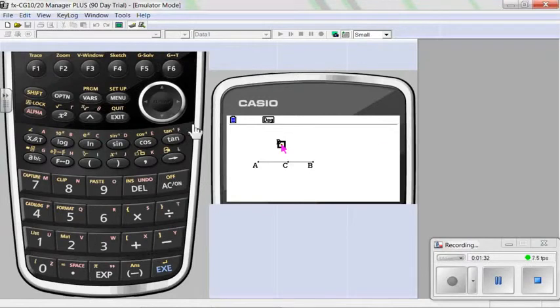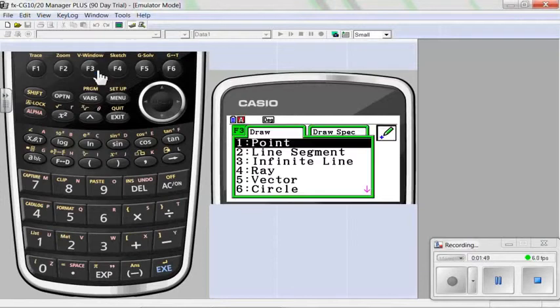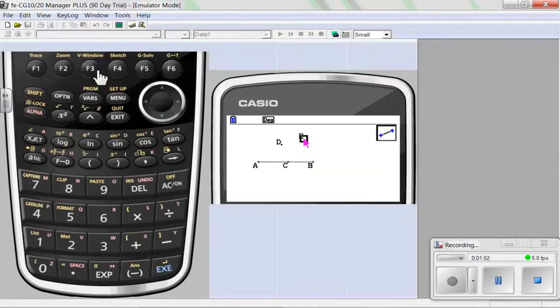Exit there. I also need another point out in space that is the point that it's going to be equidistant from. So I'm just going to move over from D and up a little bit. Place a point there. What I want to do now is make some segments. So I'm going to go F3 down to number 2.